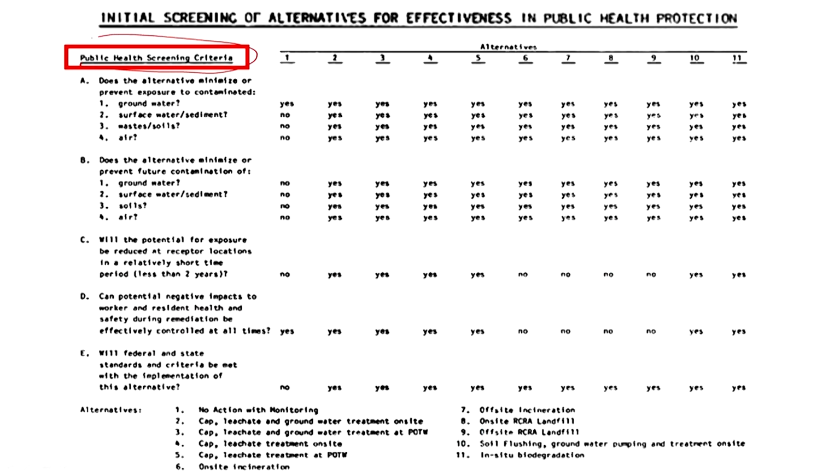And then obviously the major aspect is the public health screening criteria. Does the alternative minimize or prevent exposure to contaminated groundwater, surface water and so on? So they analyze different alternatives against different public health screening criteria. So what do we need to balance? We need to balance the effectiveness of remediation, which is what we see here in the public health screening criteria, and also the practical aspects. But during our course, we are going to look at the technical aspects, as in trying to understand can a particular alternative meet the requirements, or how effective is it in reaching your remediation goal. So that is something that we are going to look at.